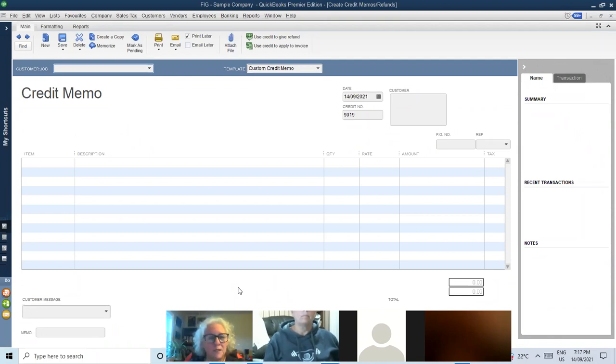We have the opposite of that if we're given a refund or we're returning something. Now this becomes a credit memo, accounts receivable becomes a credit, and the revenue becomes a debit. And it really takes a while to understand what's going on in the debits and credits. And I'm going to take you into a GL tonight, so you can see that. But if I wanted to give somebody a credit,